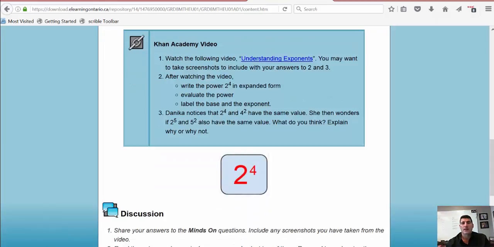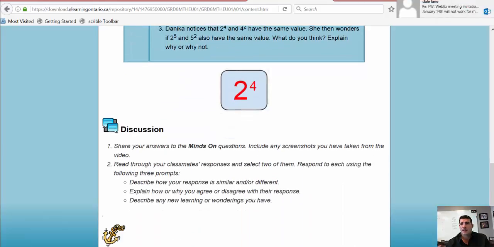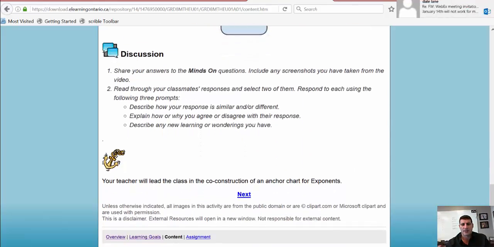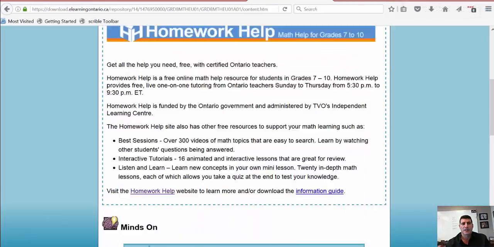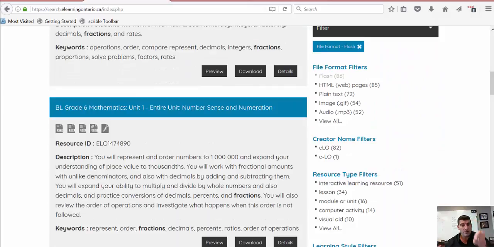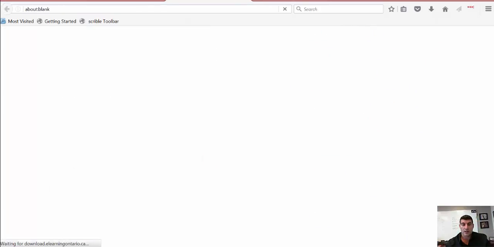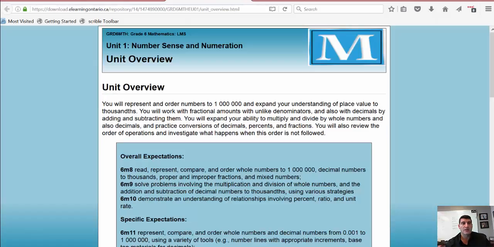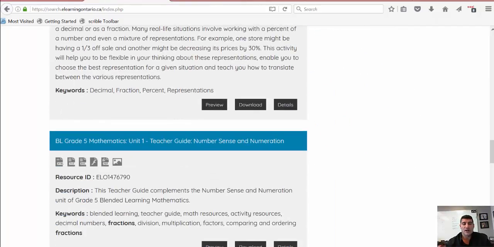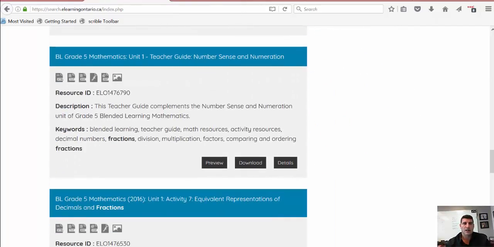and then after watching, write the power of 2 to 4 in expanded form, evaluate it. It's got a bit of interactivity there, but you would use your filter at this point and say, is that really what you want, or do you want something a little different? You can go and preview as many as you want, and then you can download whichever ones you want to keep, and at that point you would decide on how you would integrate that into your classroom